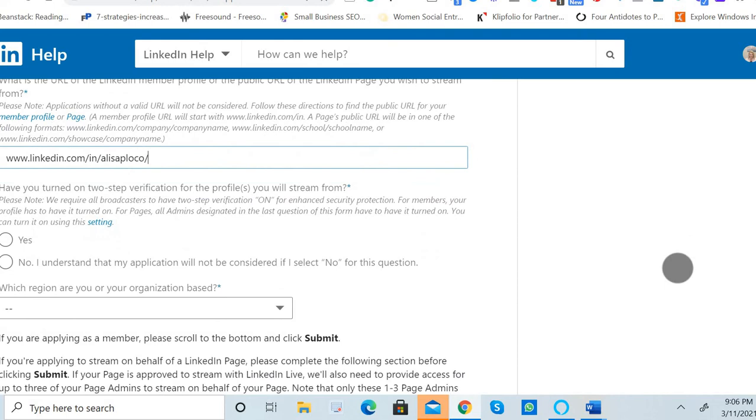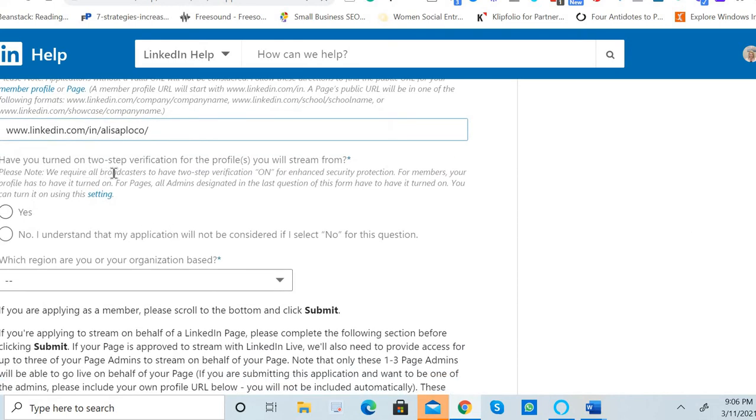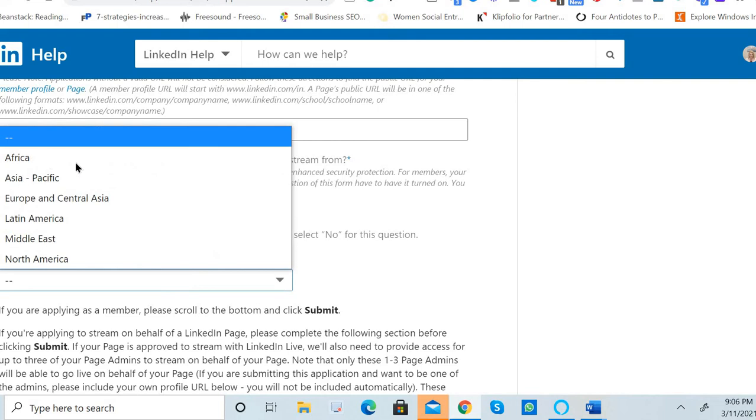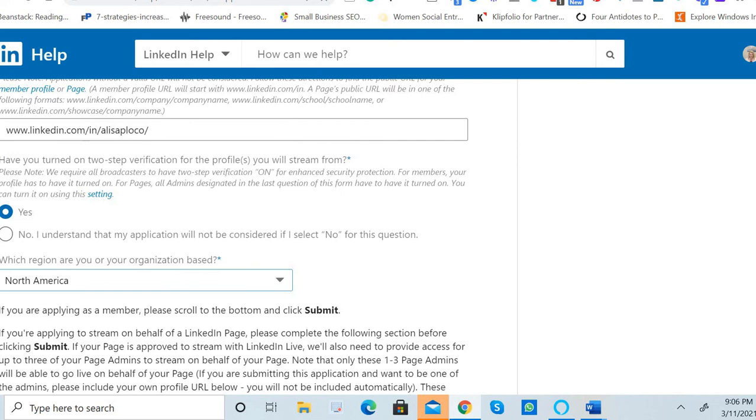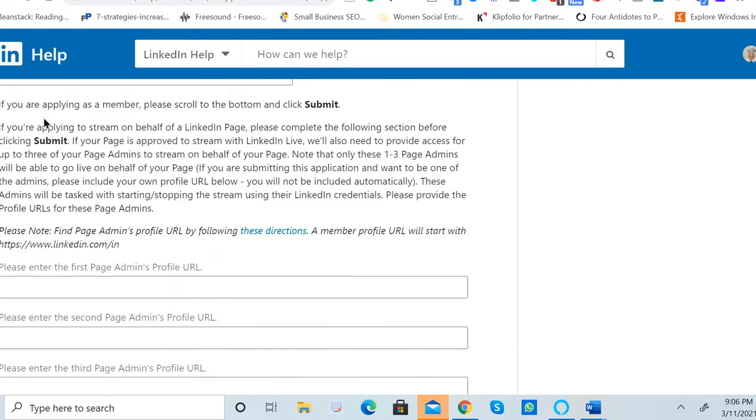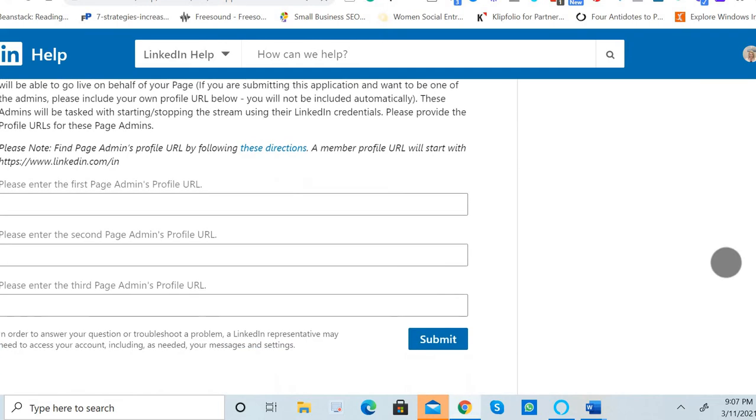and then they will ask you whether you have turned on the two-step verification for the profile you stream from, and I will say yes. And which region are you or your organization based in, and then you'll choose from the given options. Now mine is North America. And it says here, if you are applying as a member, please scroll to the bottom and click submit. So that means that you don't need to fill out all these parts here, because it's only related to those profiles that are